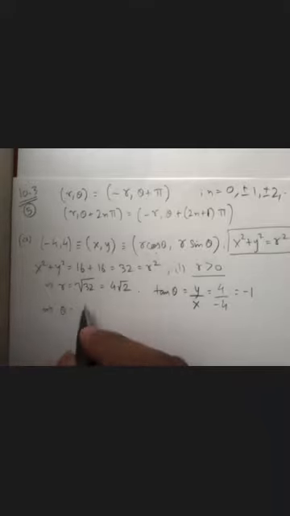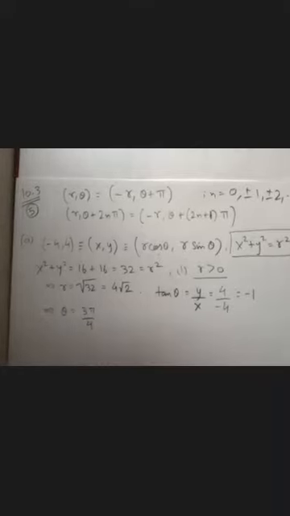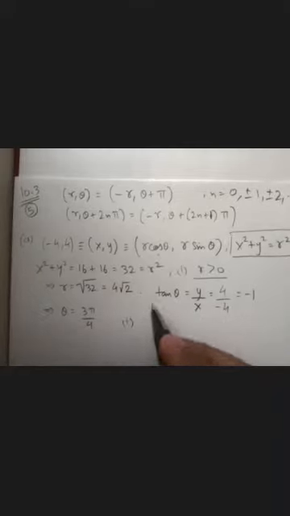So tan theta is negative 1. So therefore, theta is 3 pi over 4. So for the first part, the answer becomes